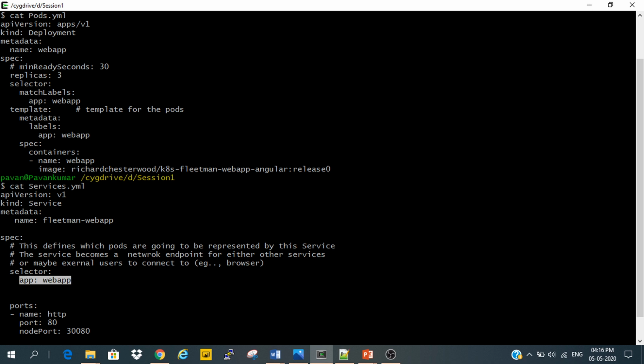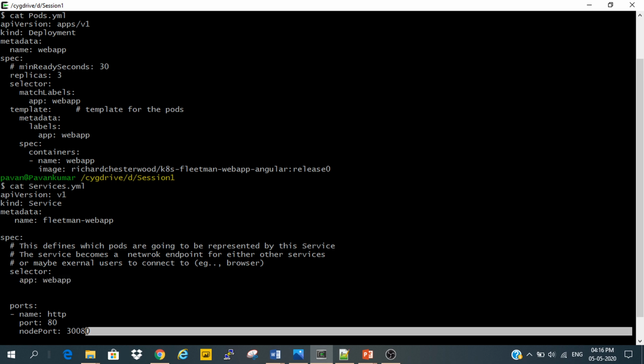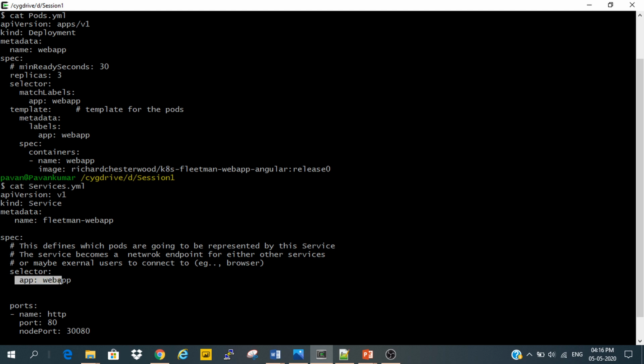Is there any pod available with this web app label? Then it identifies that yes, it has this similar name, because the service needs to reach the application only through this label. As soon as it checks, and we trigger the app through this node port, it communicates to this selector with web app, and again web app finds the corresponding pods: is there any pod whose label equals this selector?